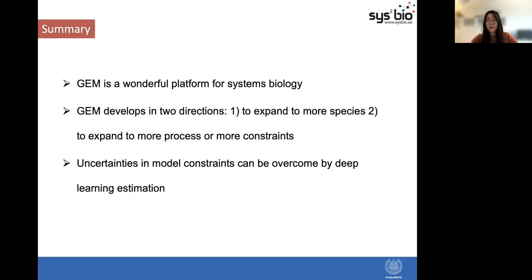A little summary. So Genome is a wonderful platform for systems biology, and Genome can develop in two directions. The first one is to expand to more species. The other one is to expand to more processes or more constraints. And the third one is if we meet some uncertainties in the model constraints, then we can always try to find a way to overcome that. For example, here I showed the kcat, or the maximum rate for a reaction or enzyme, can be overcome by